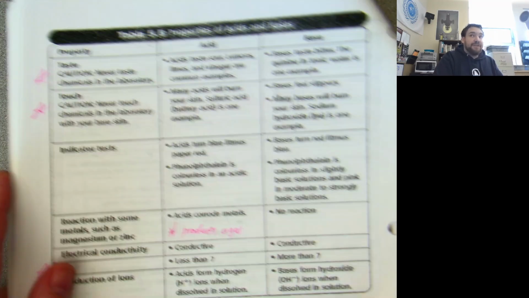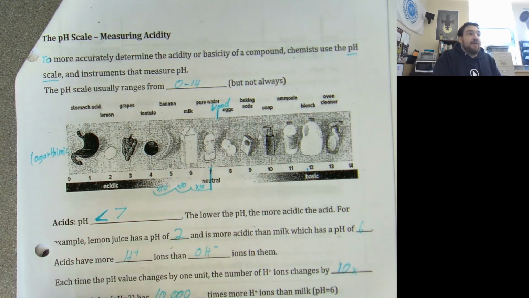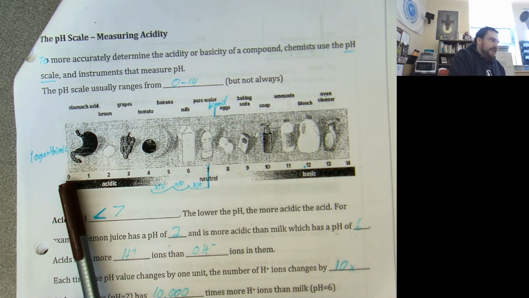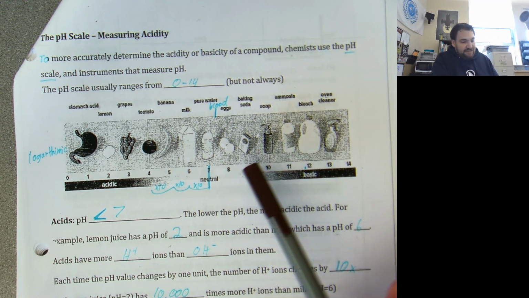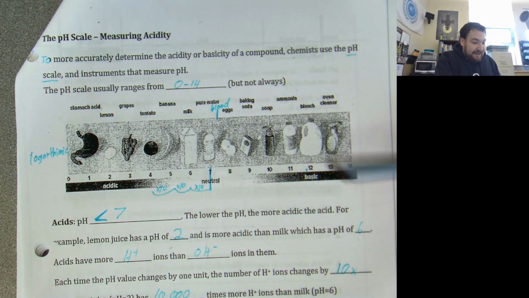After we talked about acids and bases, this table was some of their properties. I introduced to you guys a pH scale because different kinds of compounds donate hydroxide and hydrogen in different quantities. And so the more acidic something is, the lower down it is on the pH scale. The more basic something is, the higher it is on the pH scale. And if you are smack in the middle,